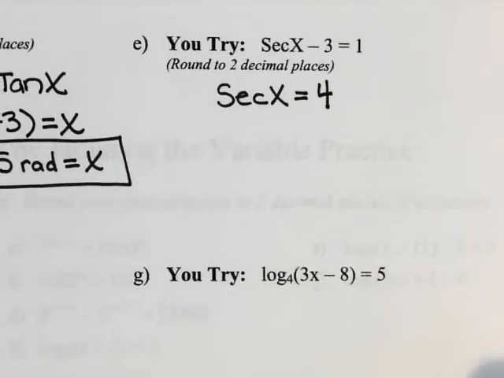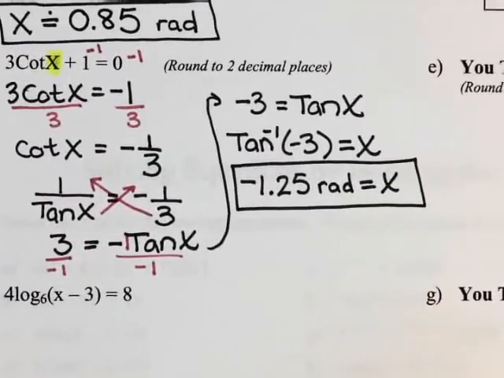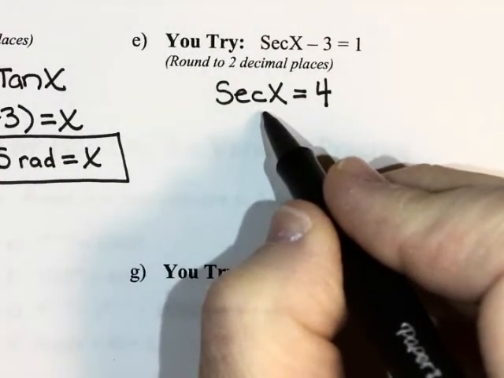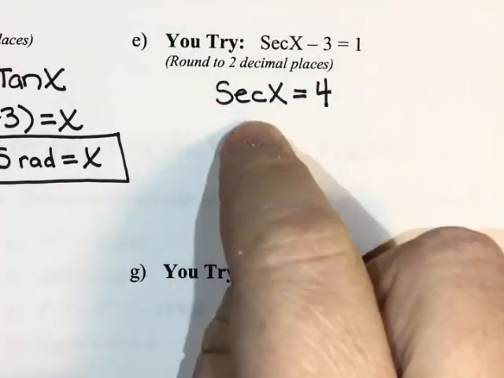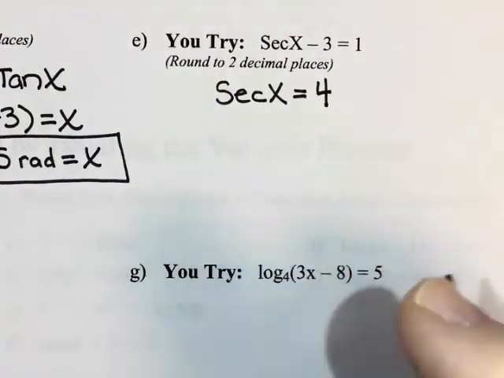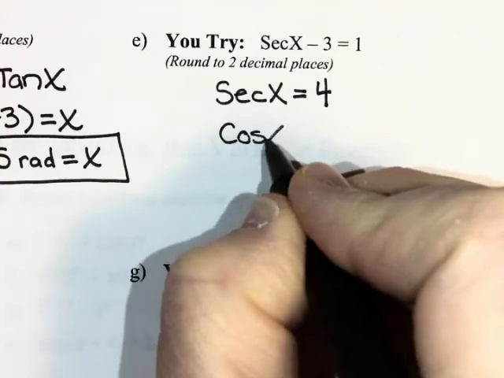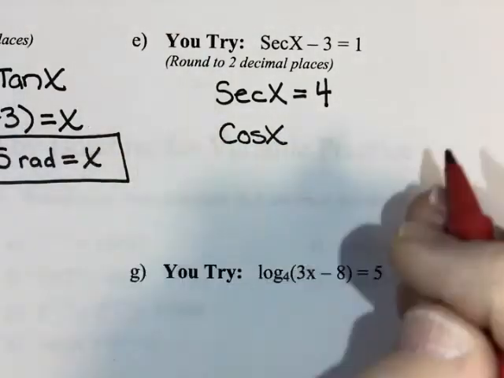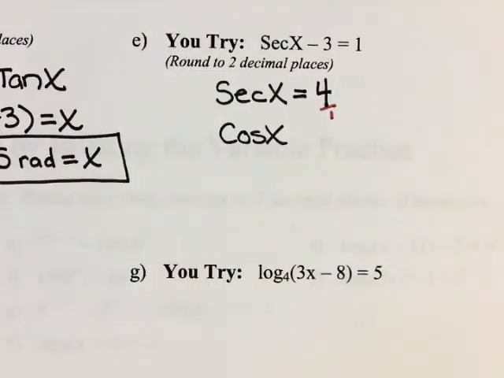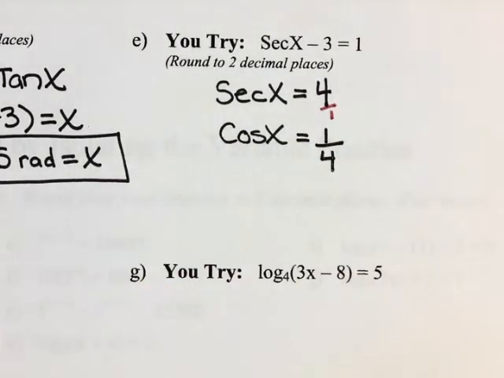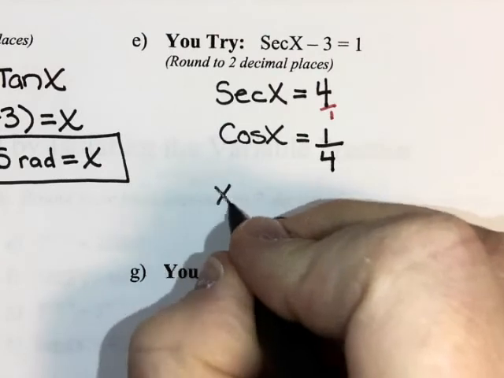Now I did say there was a shortcut here that you could use where I would say the reciprocal of secant is cosine. So instead of saying this is 1 over cosine and cross multiplying, I can say the reciprocal of secant is cosine, and the reciprocal of 4, this is secretly 4 over 1, would be 1 over 4. It's just a little shortcut where you flip both sides, right? And then now it's written in cosine. So I'm going to do the inverse cosine